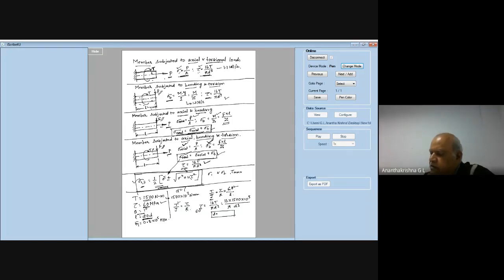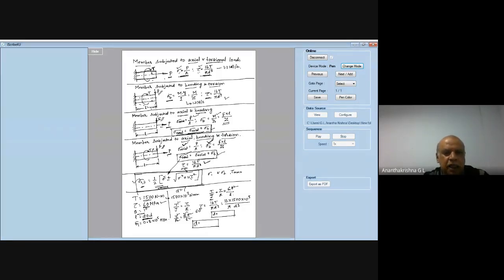Then using the angle of twist equation, that is tau by R is equal to G theta by L. We know the value of G, modulus of rigidity, given in the problem. Theta is 1 degree, L is 20 times the diameter, R is d by 2, and shear stress is known, 60 megapascal. Again find the diameter using angle of twist. Whichever diameter is bigger, that is going to be the diameter of the shaft.